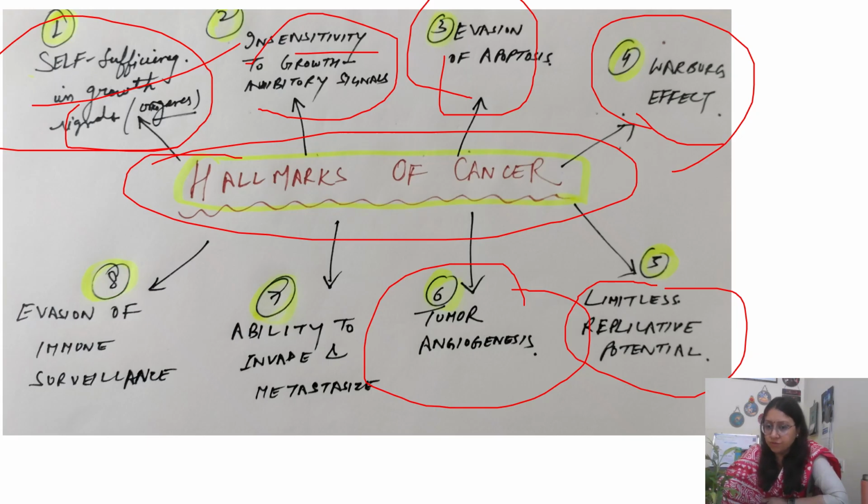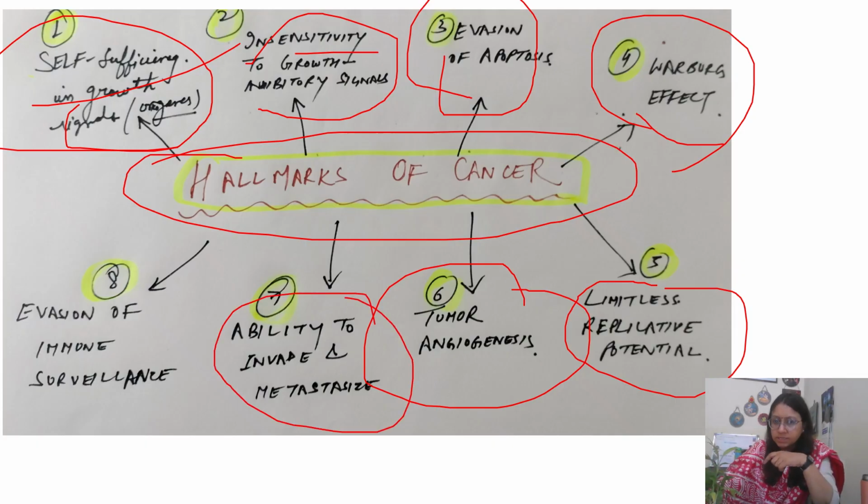New blood vessels, new proliferating blood vessels are found in the cancer tissue, and what happens is these are leaky, these walls are not strong, so they are leaky. So what happens? They allow for metastasis. So tumor cells become metastasized also. Okay. Then the seventh is your ability to invade and metastasize. So cancer cells, we know this is a hallmark of malignancy. So they will keep on metastasizing, going to this place, that place, other organs, deep, far distant organs, nearby organs. They will spread through the lymphatics, hematogenous or direct seeding, which we have already discussed.